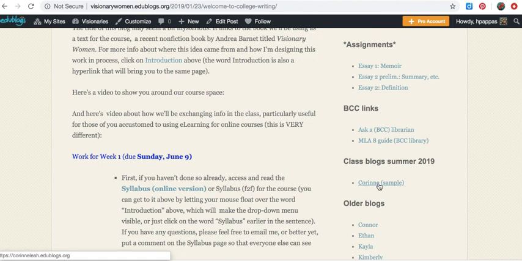So this is one of my students from a previous semester. Generally I use first names in the blogs. If you want me to use some nickname, or you want to use a pseudonym of some sort to disguise yourself from your boss or your prying whoever it is, you're welcome to do that. I just want everybody in the class to understand who's who, but we can use fake names here if you'd like to do that. So these will be links that will bring you, if you click on this